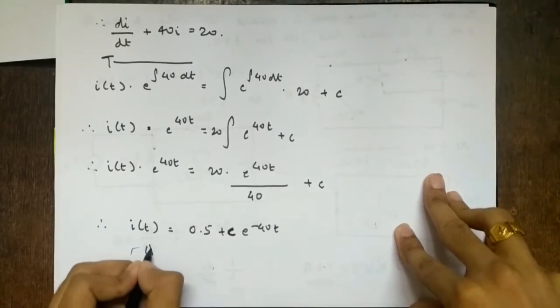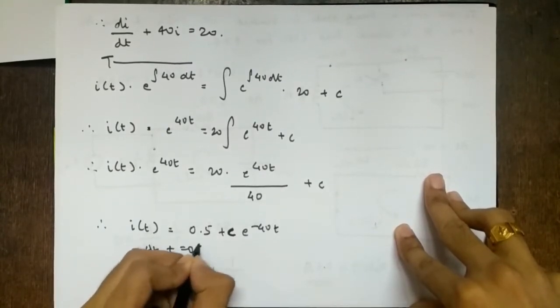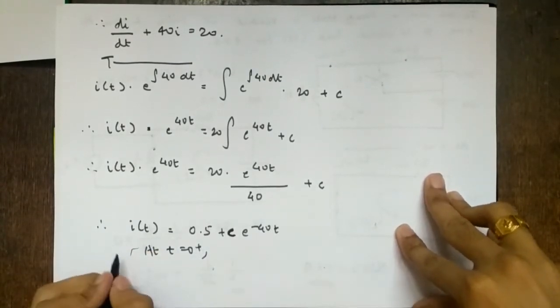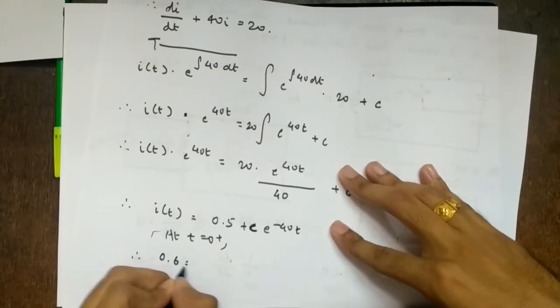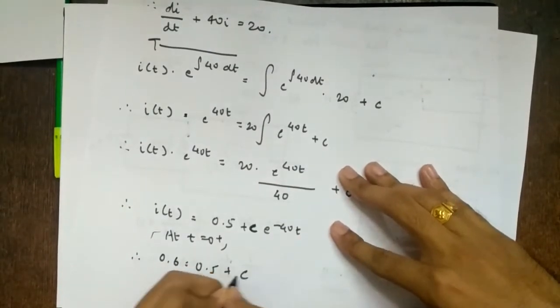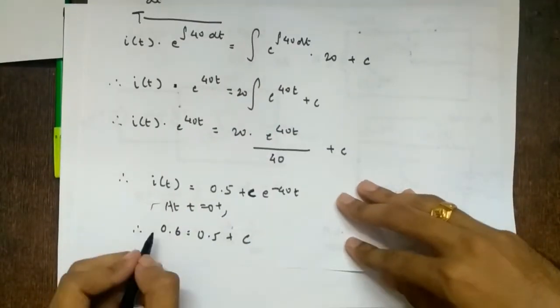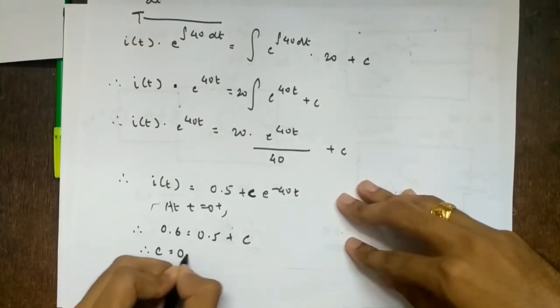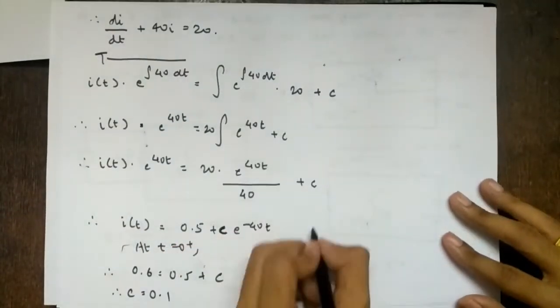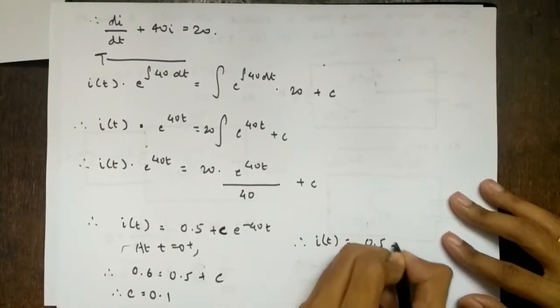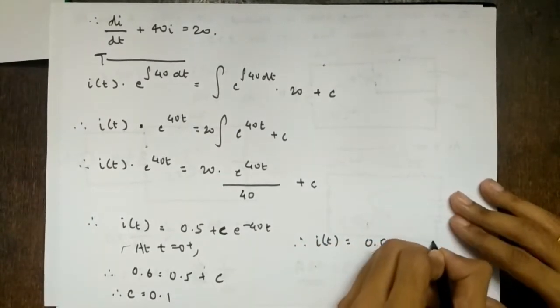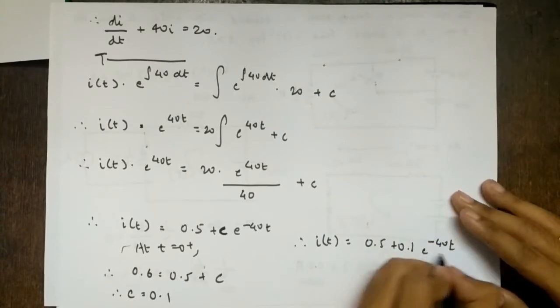So what I'll do? I know I of 0 plus. At t equal to 0 plus, I of 0 plus is how much? 0.6 ampere. So 0.6 equals 0.5 plus c, since e raised to 0 is 1. Therefore c equals 0.1. So I of t equals 0.5 plus 0.1 e raised to minus 40t